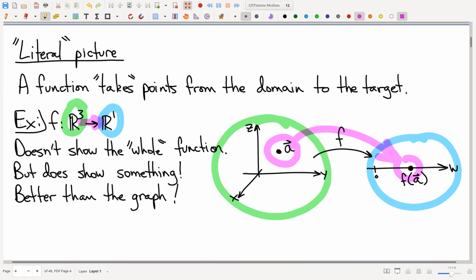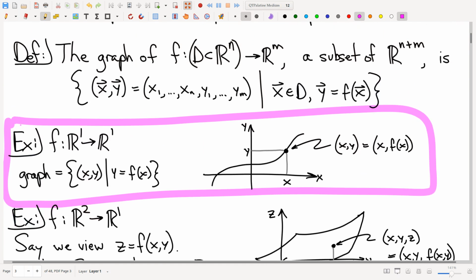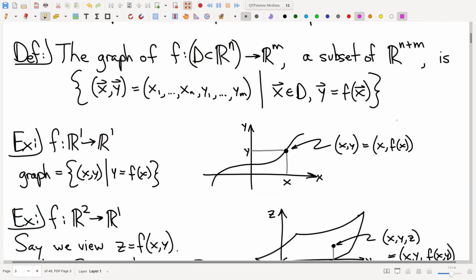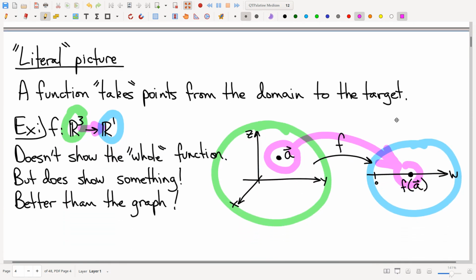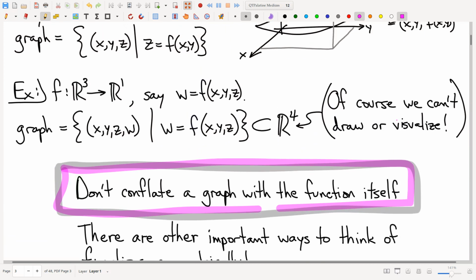That's what we call an apples and oranges comparison. Right? I'm judging this picture on the basis of how it works with, let's face it, a pretty difficult example of a function, 3 inputs, 1 output, but I was comparing that against the much easier challenge for graphs where there's only one input. So if we were to make an apples and apples comparison, I would need to compare the performance of this picture, R3 to R1, with this performance,